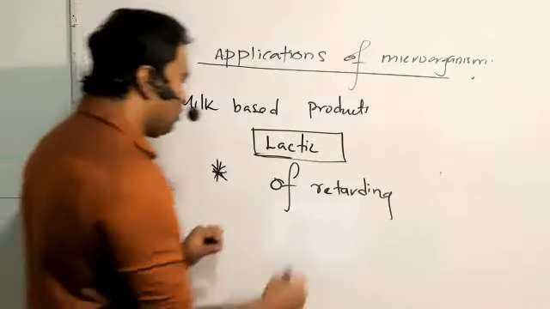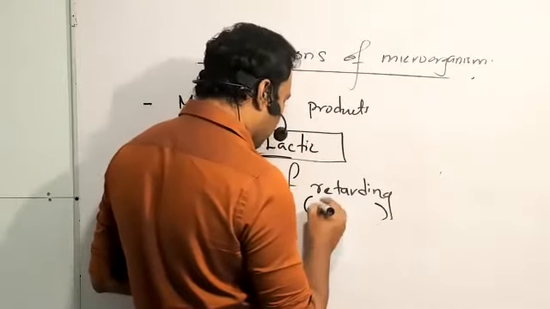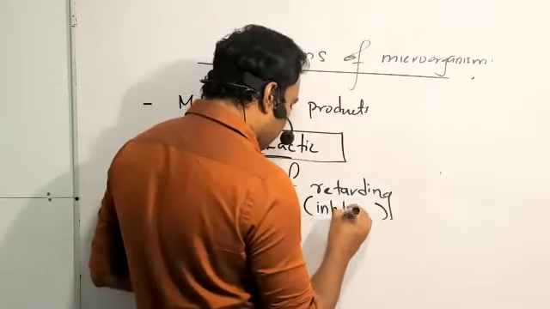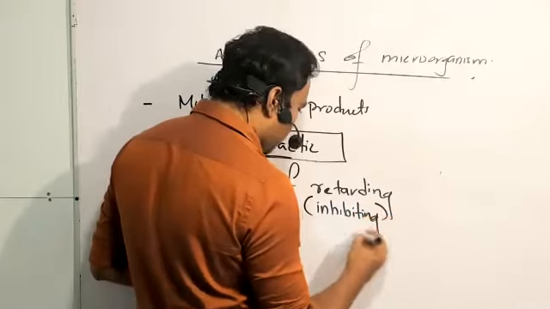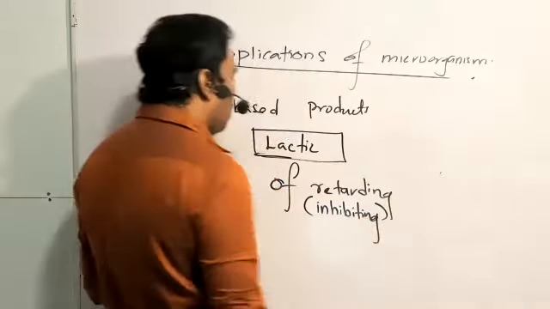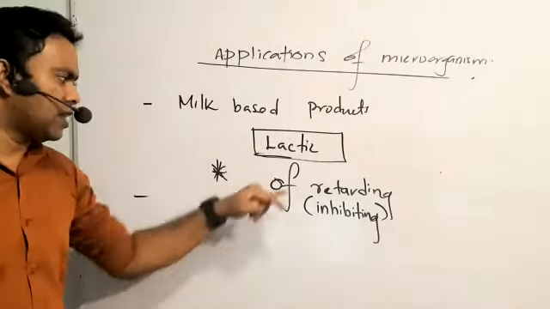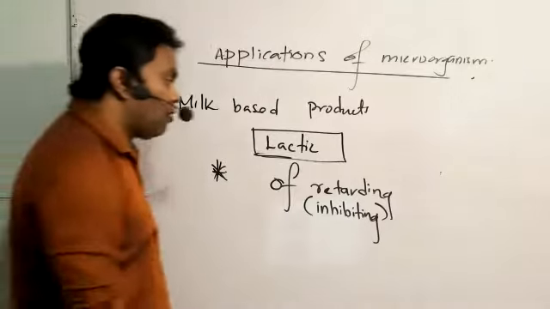Put a similar term there, another similar English word: inhibiting. I'm not sure that's a double T, check for that. So this lactic acid has a special ability of retarding the growth of